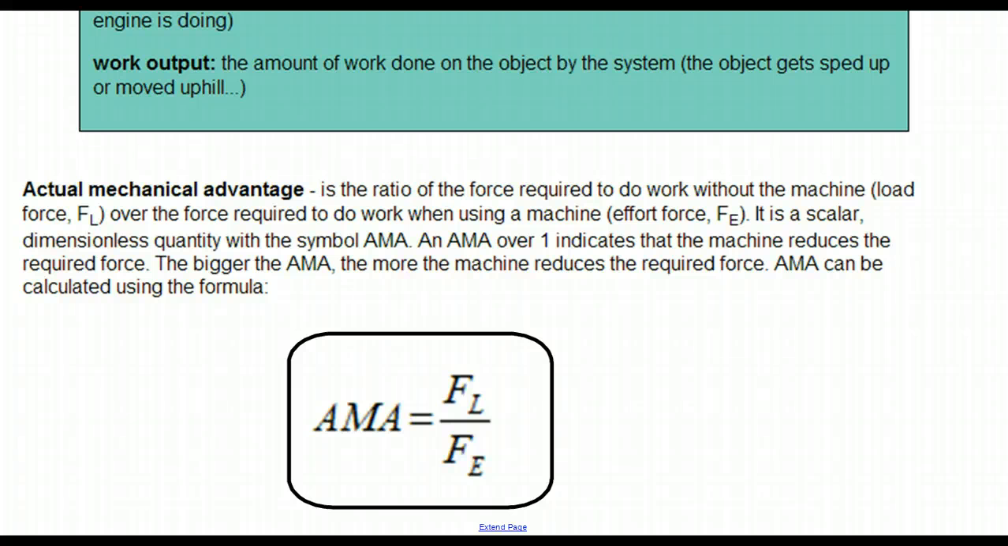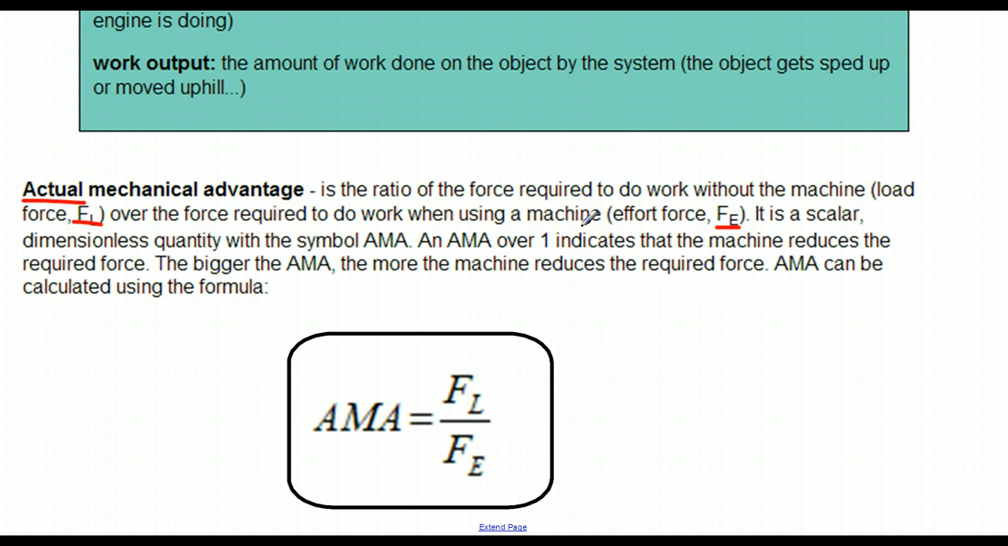I'll try and highlight. So here's the two we're going to talk about, actual and ideal. Actual mechanical advantage is the ratio of the force required to do the work without the machine over the force required to do the work while using the machine. So we call this the load force. So basically, if we didn't have a machine, what's the total weight of that load that we need to move or do something with? If we did have a machine, we call that the effort force, because now this machine's